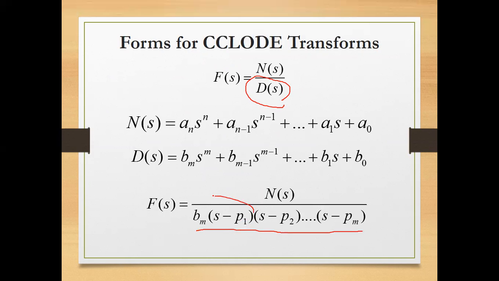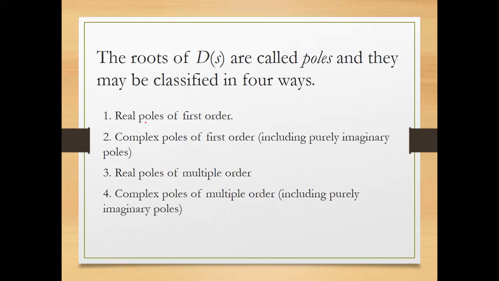So this is s minus p1, s minus p2, s minus pm. They all represent what we call the roots. Now, in controls, especially in ECE, the roots are referred to as the poles. The values of the constants that you will subtract or add to the s in the denominator, which, when expanded, will go back to the original